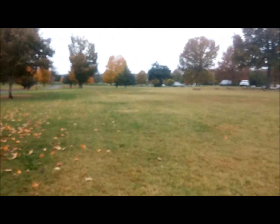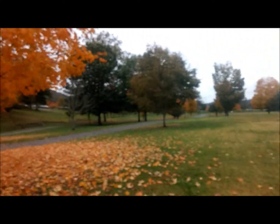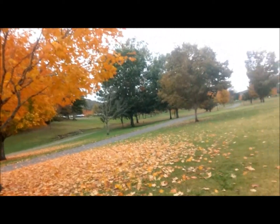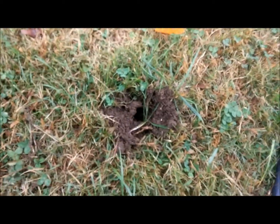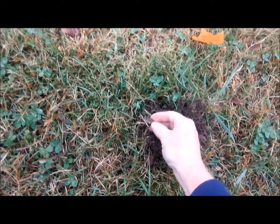Okay, this is another day in Tennessee, and it's been raining all day. And I was afraid I wasn't going to get to hunt, but it finally cleared off just a little bit. You can see it's still overcast. And the trees are still gorgeous here. You can see that. But I got a signal right here in the 50s, and I always try to dig those. And this is some kind of a little